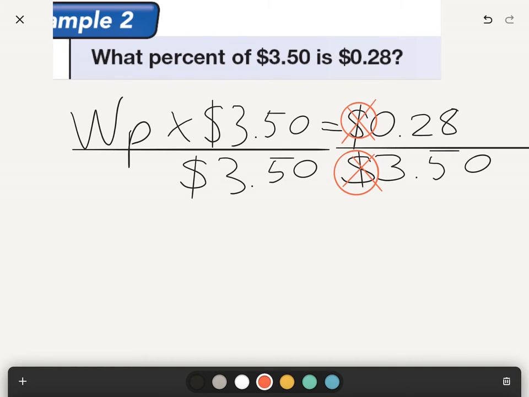Why can't we just throw out the dollar signs? Yeah. Because it's measuring percent. Right. Our answer is not asking how much money of anything. Oh, that makes sense. Yeah, it's asking what percent it is. So we don't need to even think about the dollar signs. However you want to think of it. Okay, so